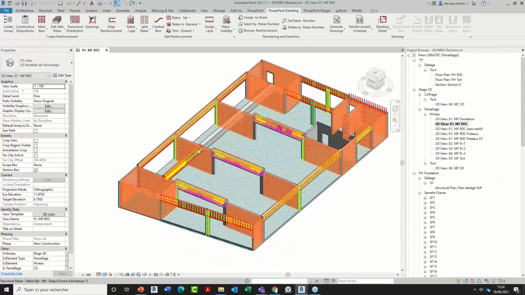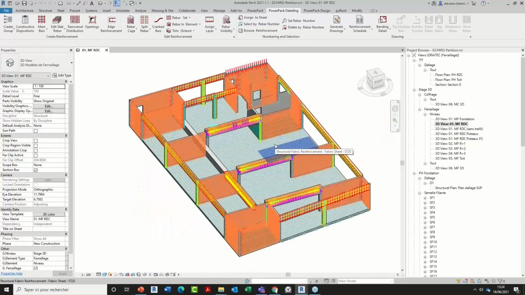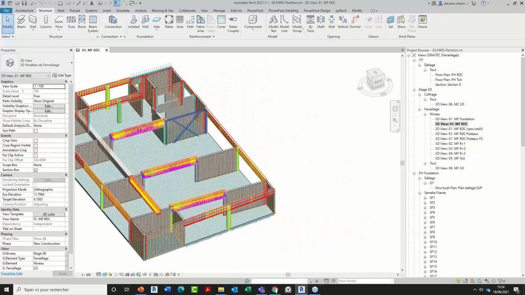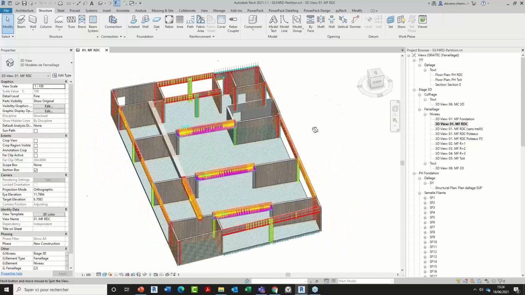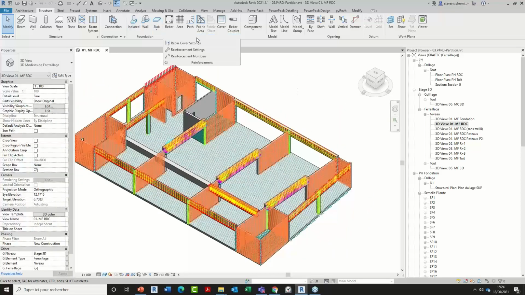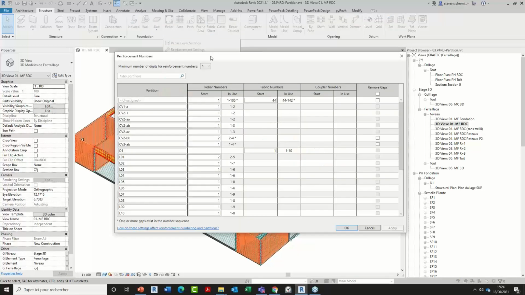Another additional option was implemented for a little bit more ergonomics as well. It's regarding the browse reinforcement command. For this, just as a small prerequisite, I base my example on this model which was already reinforced. Let me check here the reinforcement number dialog box in Revit.